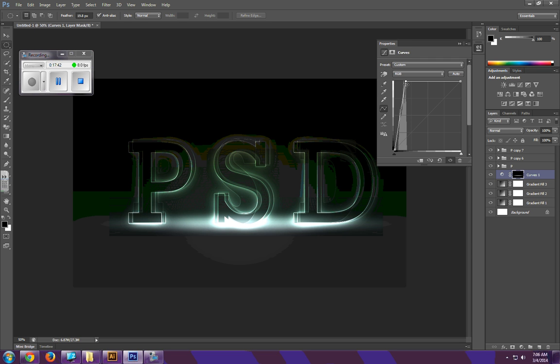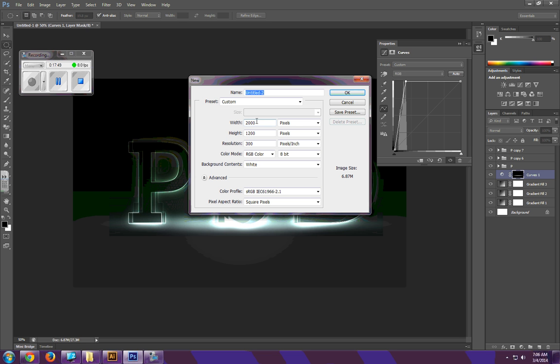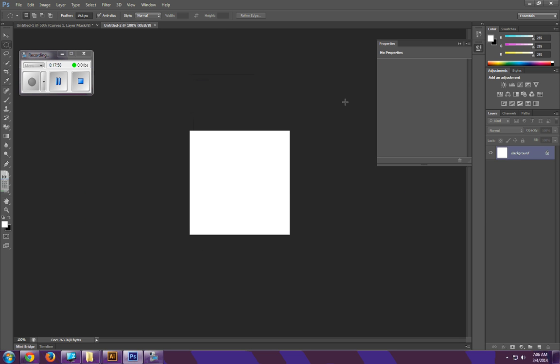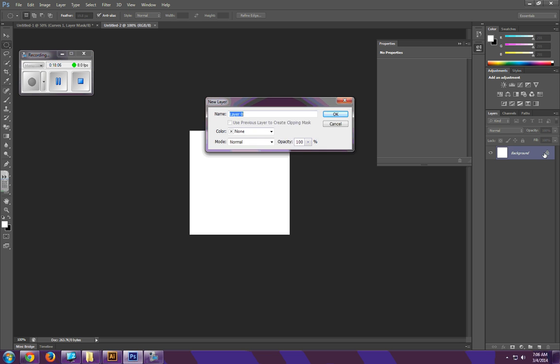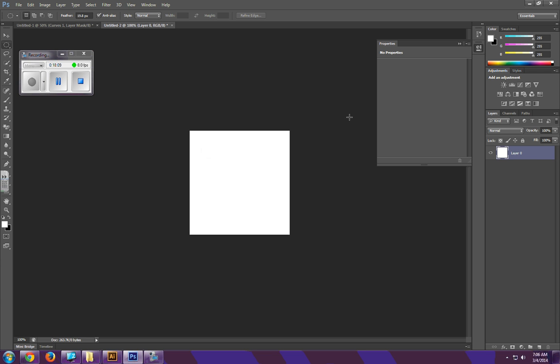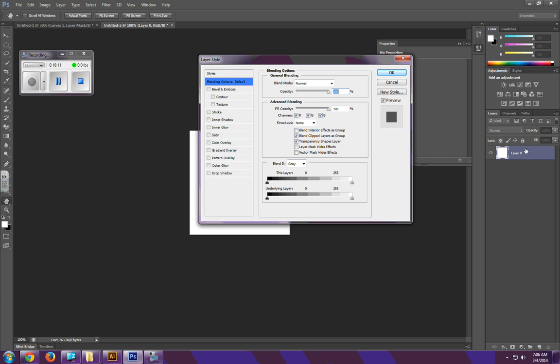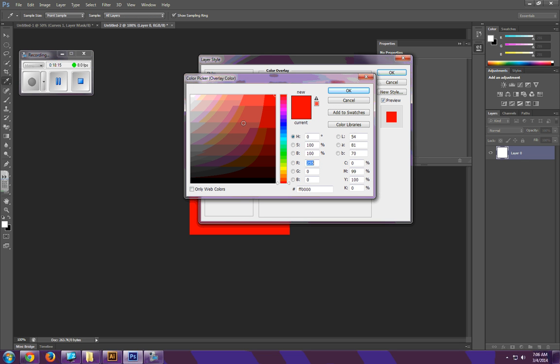Once you get that done, you're going to have to create a new document real quick. Go File, New, and it's going to ask you to create one that's 300px by 300px by 300. Click OK, and once you get that made, click on the background layer to make sure it's active, double click it, click OK. It's going to rename it for you, and now you can go ahead and do a color overlay. We're going to want to make that black